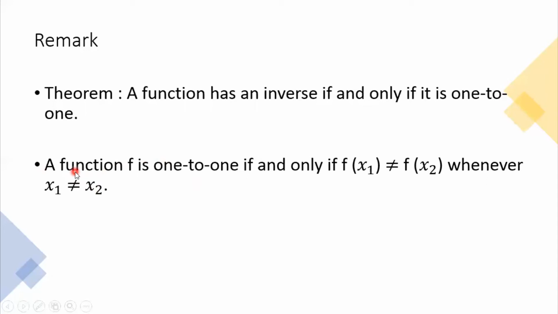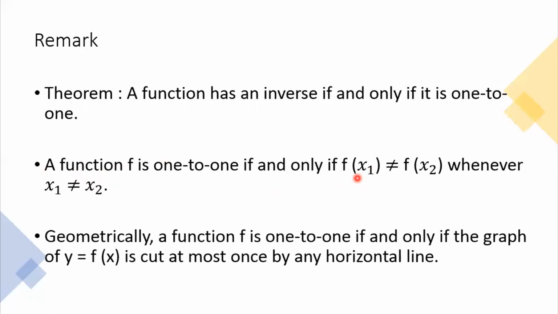This only means that a function f is 1 to 1 if and only if f of x sub 1, which is the value of f at x sub 1, is not equal to f of x sub 2 whenever x sub 1 is not equal to x sub 2. Okay? So the next remark,